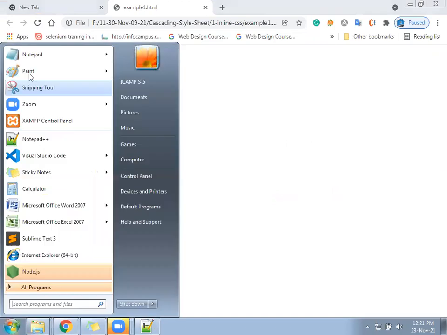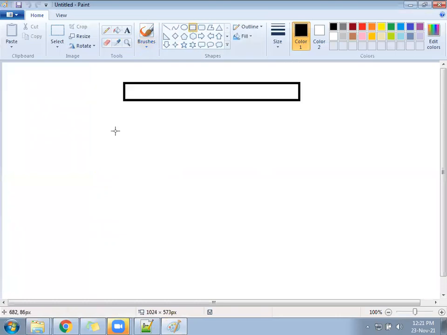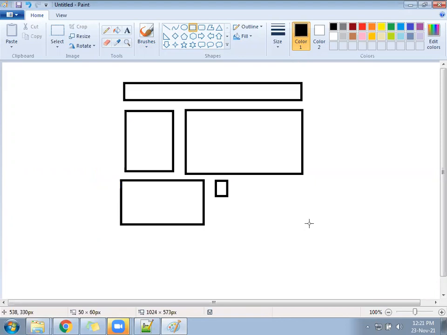But in front of us, the next scenario came. If you want to design a page, something like this: one division here, one division here, one division here, and one more division here, and one more here.